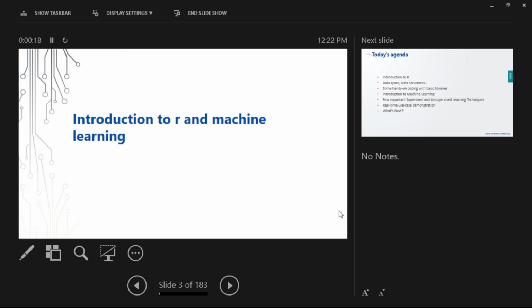So ask what is machine learning, right? I'll just say, this computer is a dumb machine. It doesn't know anything. What we tell, it understands. Correct? Without writing a single line of code, it can't do anything. But what we are trying to do is, instead of teaching all the things, we'll teach few things and make the computer understand. So, for example, when we were little babies, how did we know to speak? How did we know to write?